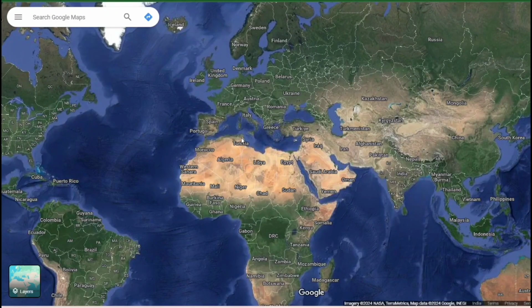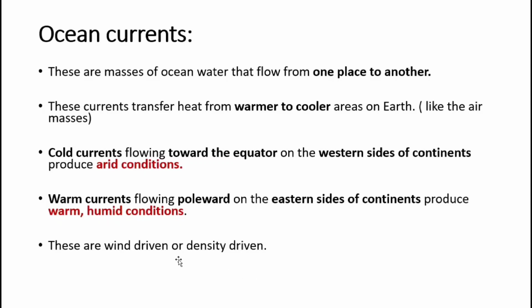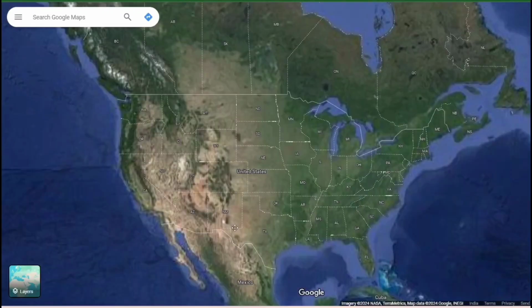Because obviously when there is some current moving from the equator to the pole, it carries a lot of moisture. Okay, so this is the reason why it is so, and you can see the distribution also. I will talk about the different types of